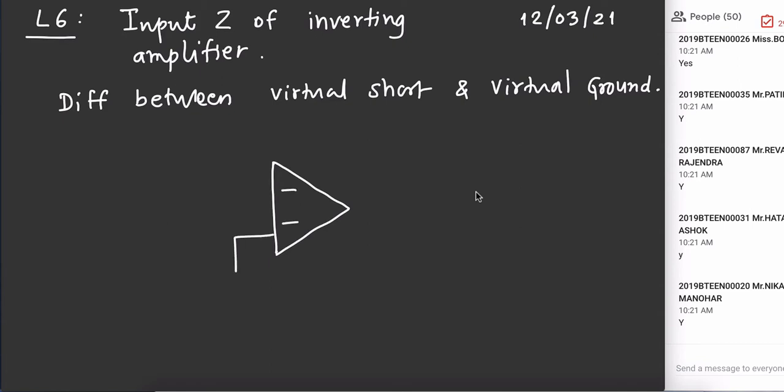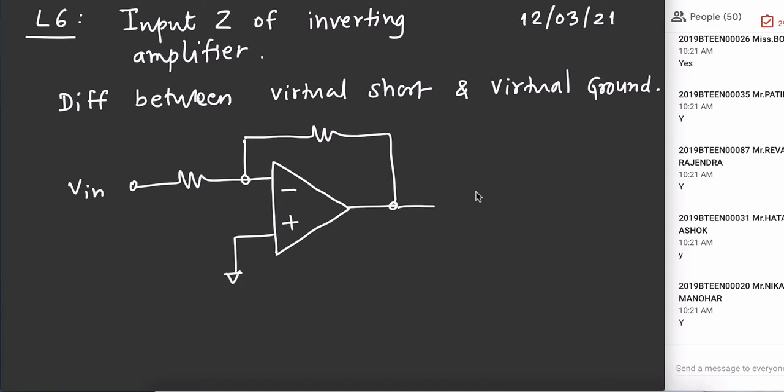So, this is simple circuit of inverting amplifier. Let me quickly draw that. V input, ground. So, in this diagram, we can clearly see that this terminal voltage is 0 volt and this is fixed because it is grounded. Okay, so we can easily write here 0 volt.